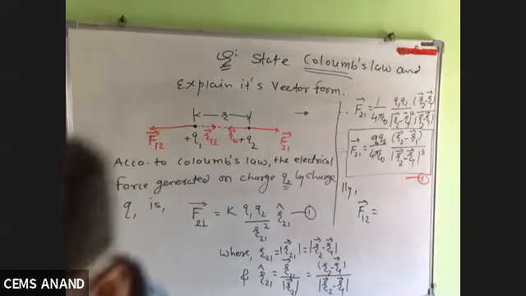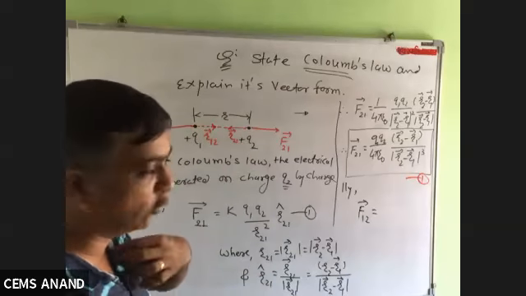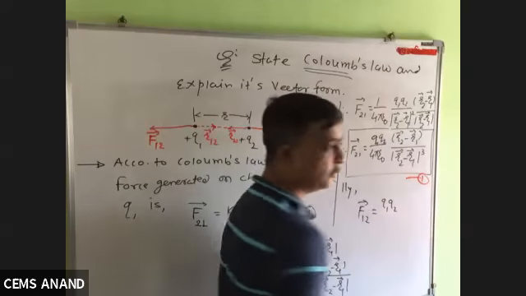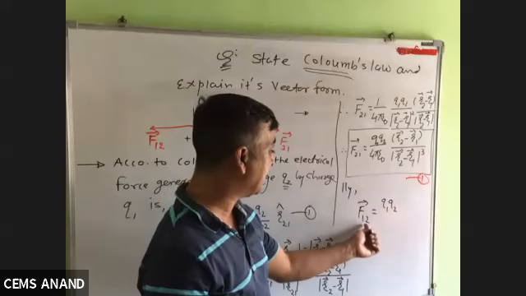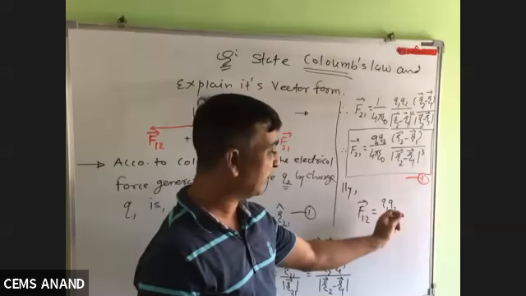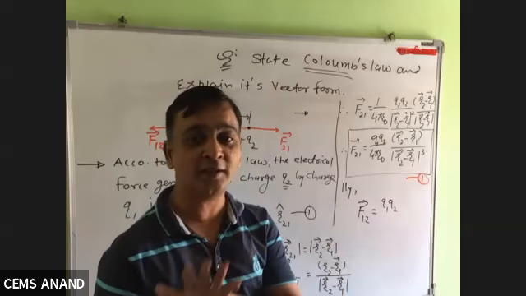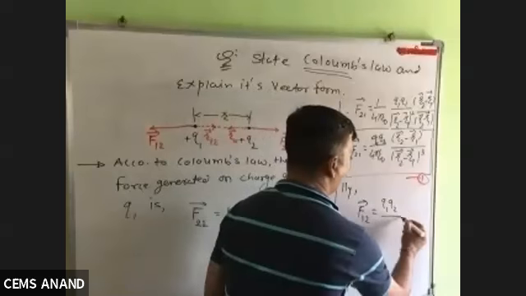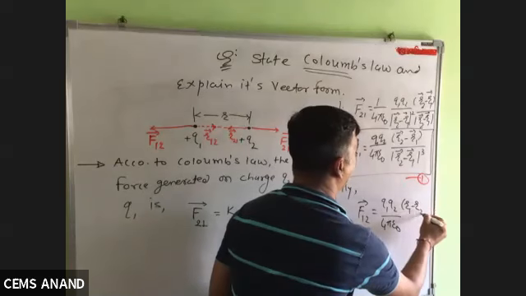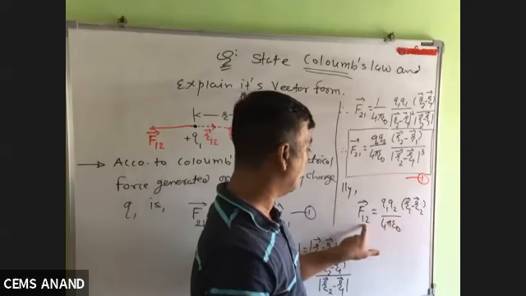So what is the formula of your electric force generated on charge 1 due to charge 2? It is F12 equals Q1 Q2. Some of you may think that as the numbers are inverted here, the product of charges also has to be inverted. It is not like that, brother. 4 fives are 20, then 5 fours will also be 20. So you can write it. But here you have to write this, otherwise you are wrong. 12 is like this.